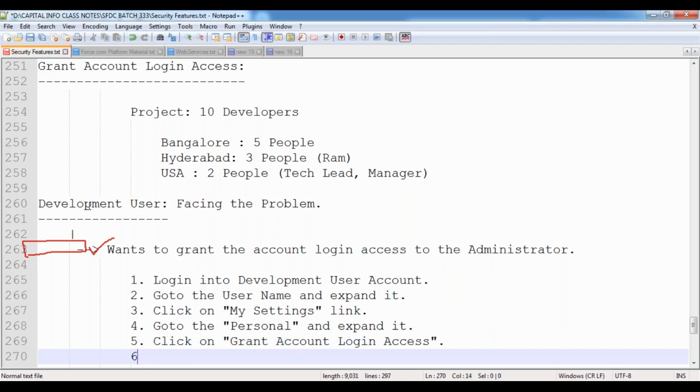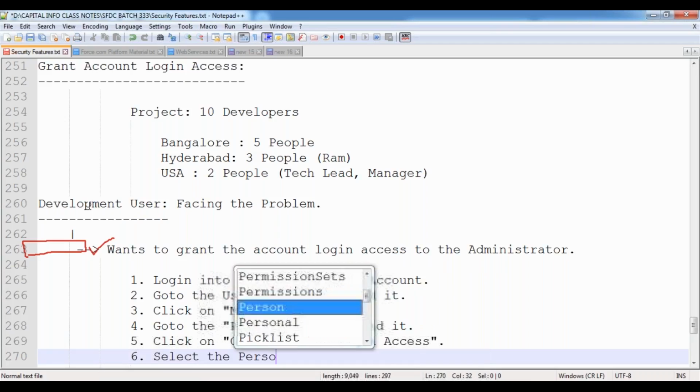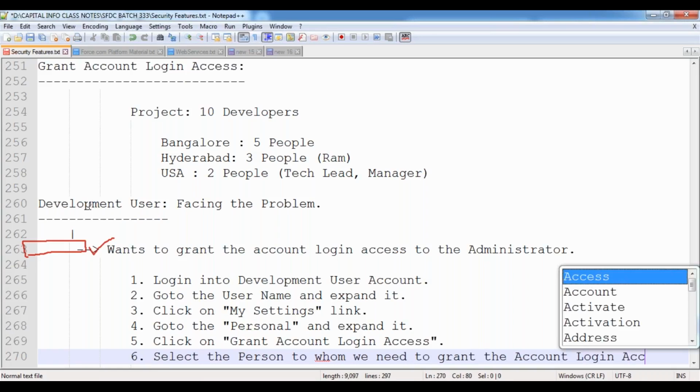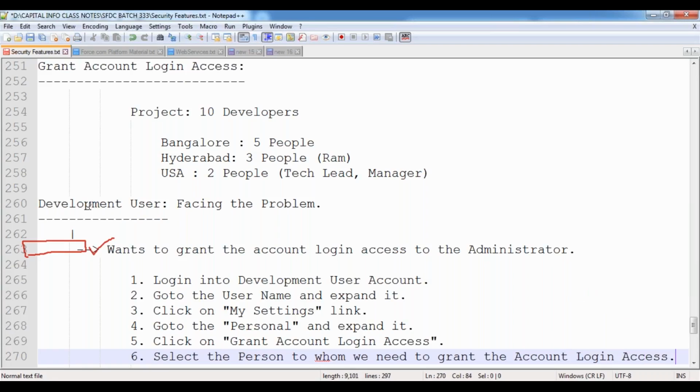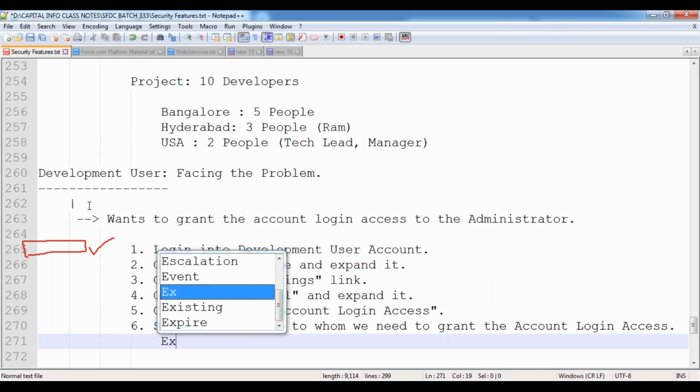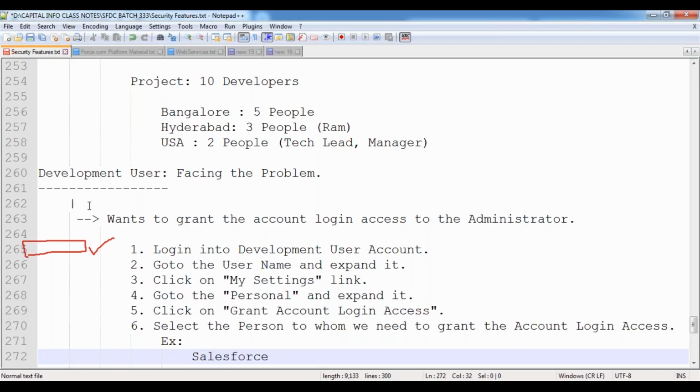Select the person to whom we need to grant the account login access. For example, you can grant the account login access to the Salesforce administrator, for example for 1 month.